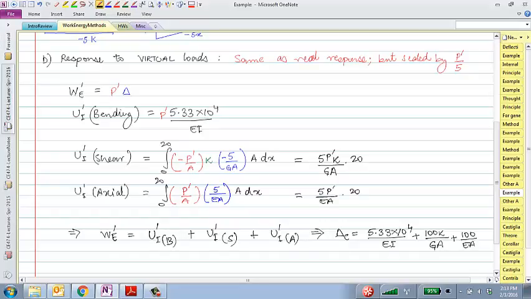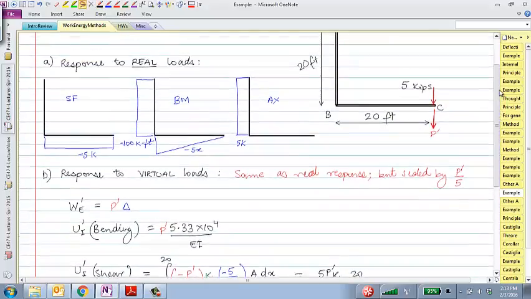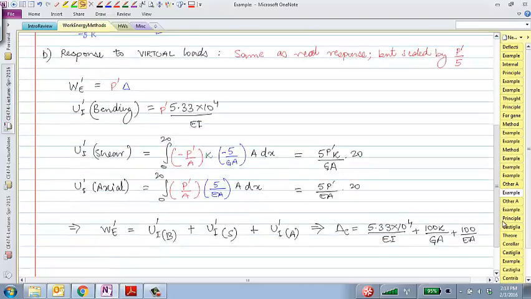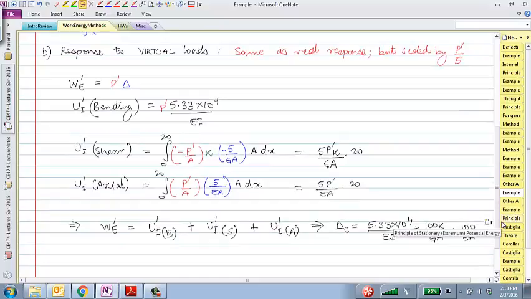Okay, so no matter how complicated the structure gets, as long as you can draw shear force, bending moment, axial force diagrams, you can apply the principle of virtual work, you can calculate any displacement, any rotation you want. Okay, any questions on this? Scroll down back to the... Sure. Okay. All right, so last